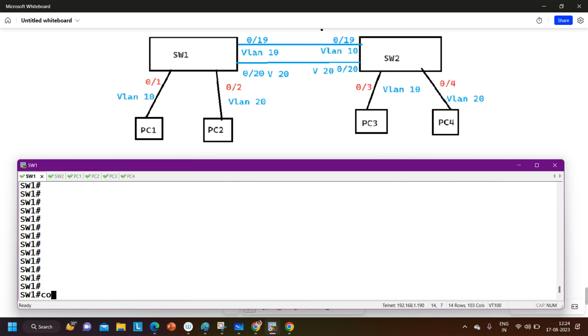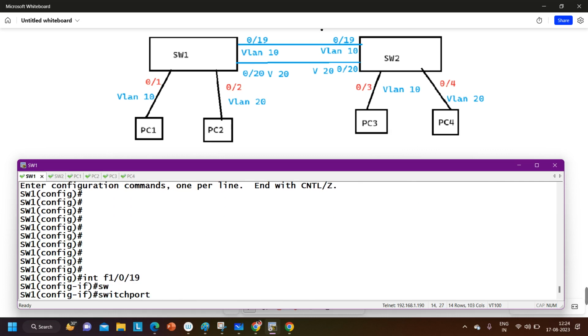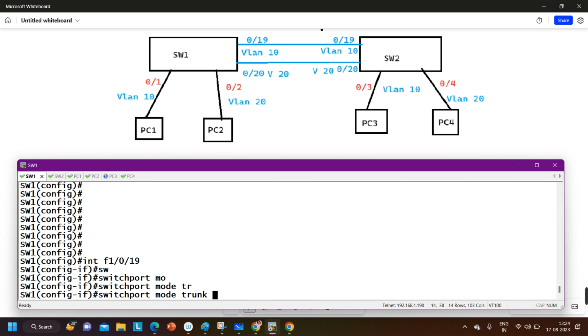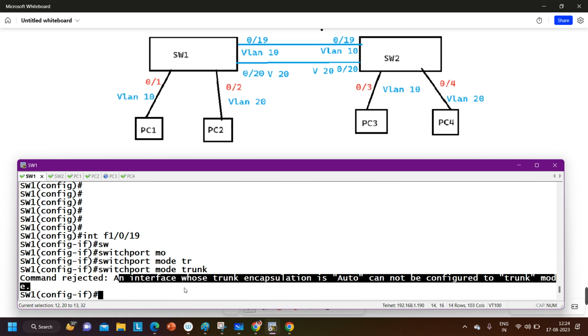Let me show you how I will configure the port as a trunk. Interface F1/0/19 and switchport mode trunk. This is the command, but if you run it here, it says command rejected. Why? An interface whose trunk encapsulation is auto cannot be configured as trunk. So first you have to configure the encapsulation protocol, either .1Q or ISL, because the encapsulation protocol is auto by default. You are not allowed to configure trunk before